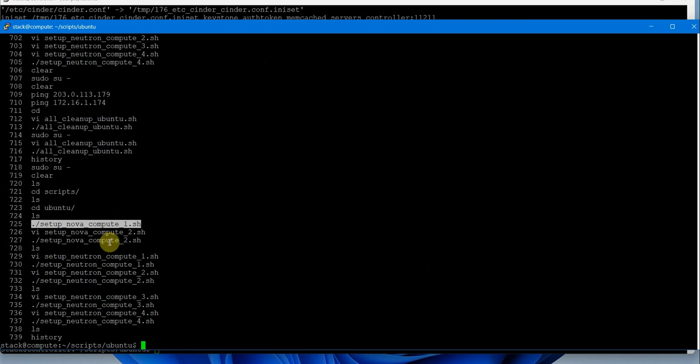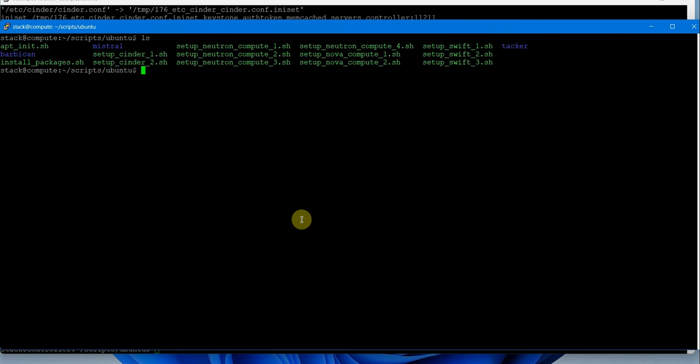So Nova compute and Neutron, this is what we have done so far on this machine. Let's configure Swift and Cinder. So I'm configuring Swift on this machine, the same process, exactly the same, it is a copy of the same file. So let me configure this. Setup Swift 1.sh,